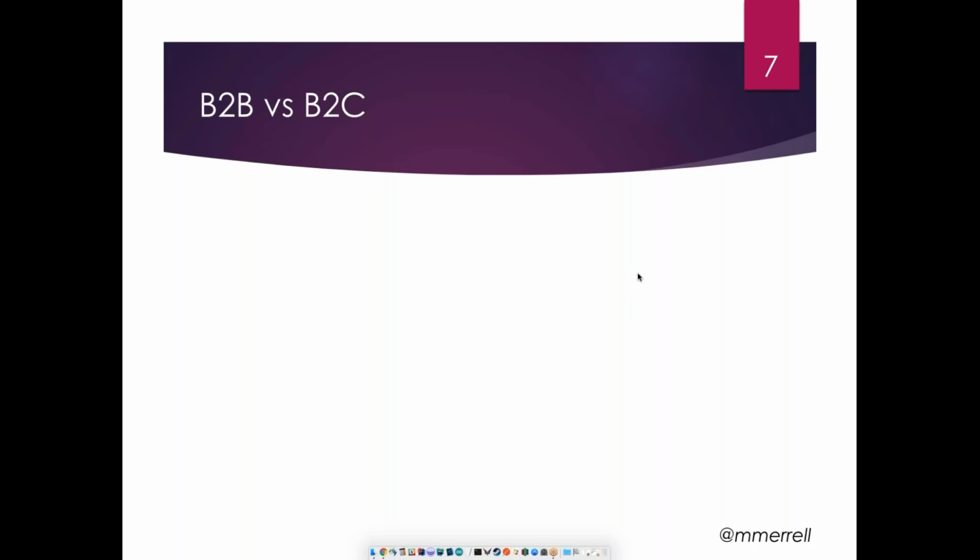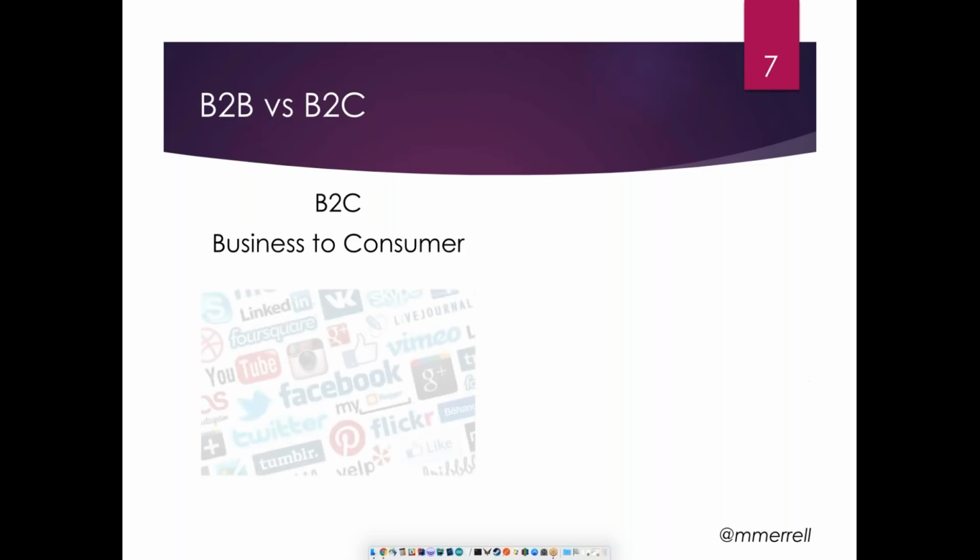I do want to talk about B2B versus B2C, and I'll define those first. Because if you're working in one space or the other, you probably have a vague notion of what yours is like, what the other is like. But I think there are some key differences to what you're looking for in analytics working with either. So B2C, what that means is business to consumer. Retail Me Not is one example. Google is another example.